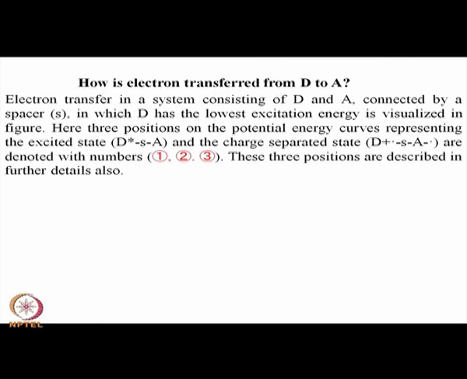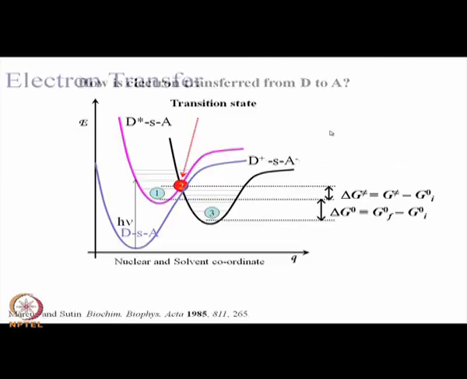You can visualize this in the figure that I am going to show. Here you have got donor, spacer and acceptor. On excitation, that is you put h nu, then D star S A,